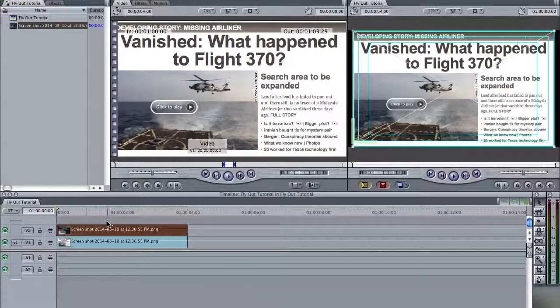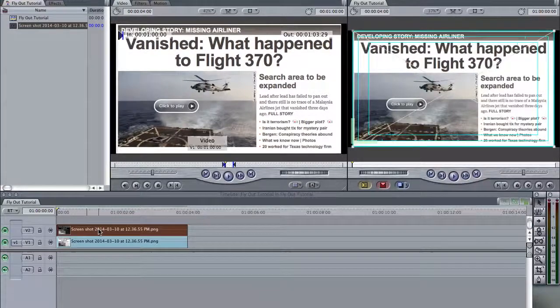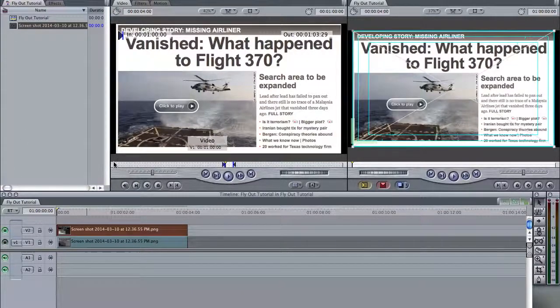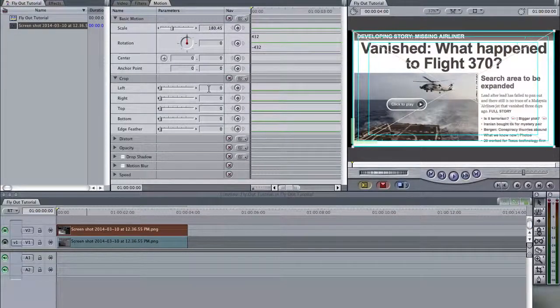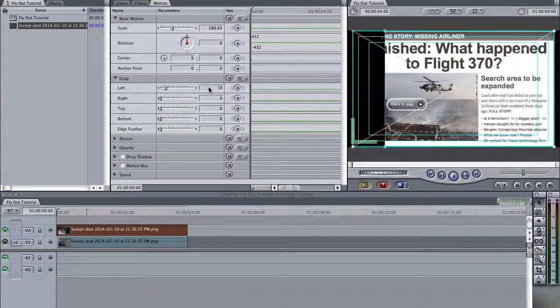Now the trick with this is to take your top layer and crop it down so that it's only showing what you want to fly out. So if we disable this bottom layer here, double click the top one, go into motion and crop. Let's say that we want "vanished" to fly, or let's say flight 307. We crop it